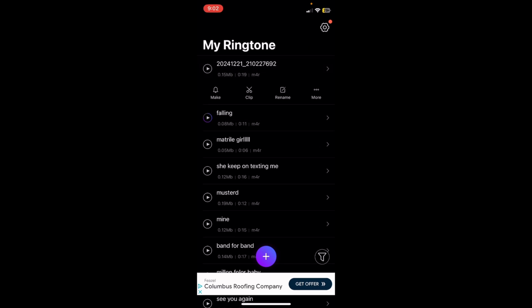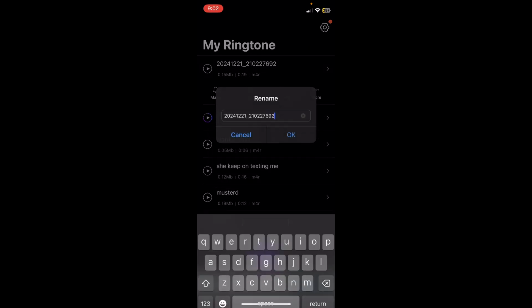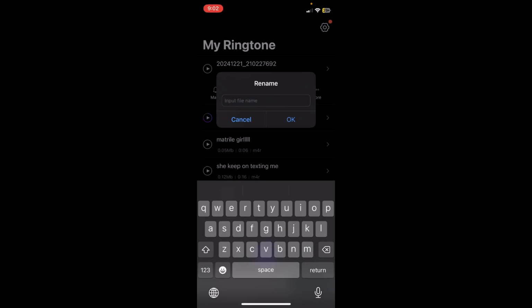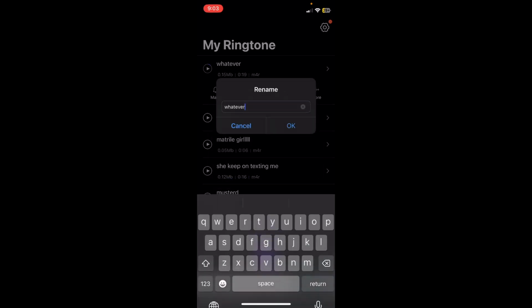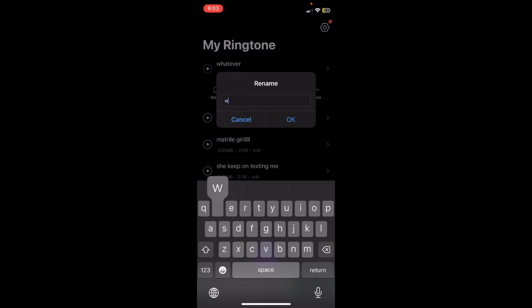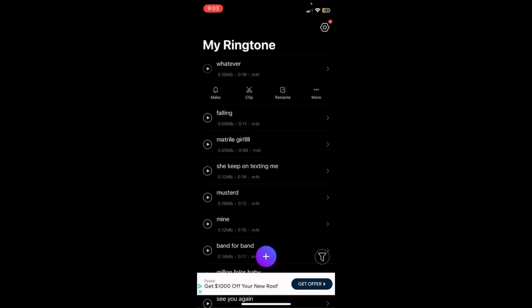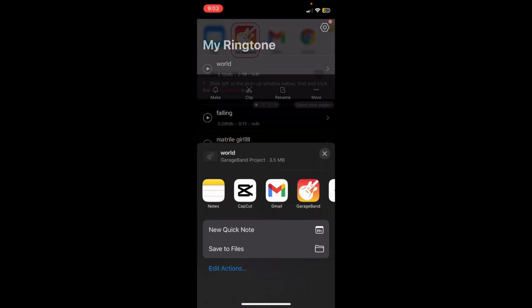How do we name them? Click on it, click rename. Then click make, and then share to GarageBand.